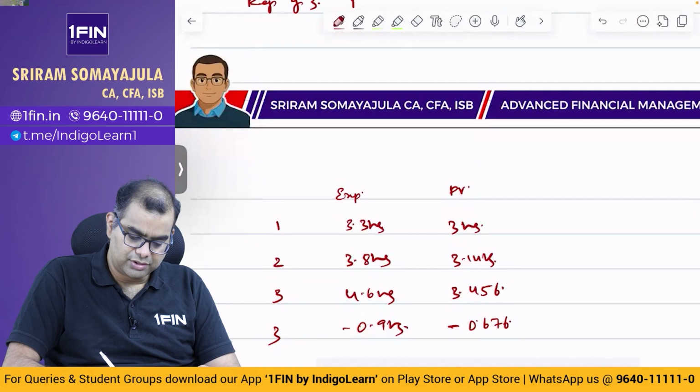Incidental expenses for purchase and sale of shares are estimated at 5% of the market price. He expects a minimum return of 12%. Should he buy the share? If so, advise the maximum price. Assume that there is no tax on dividend income. Present value factor should be used up to 3 decimal places, and final calculation should be rounded off to 2 decimal places. Now, this is a question.